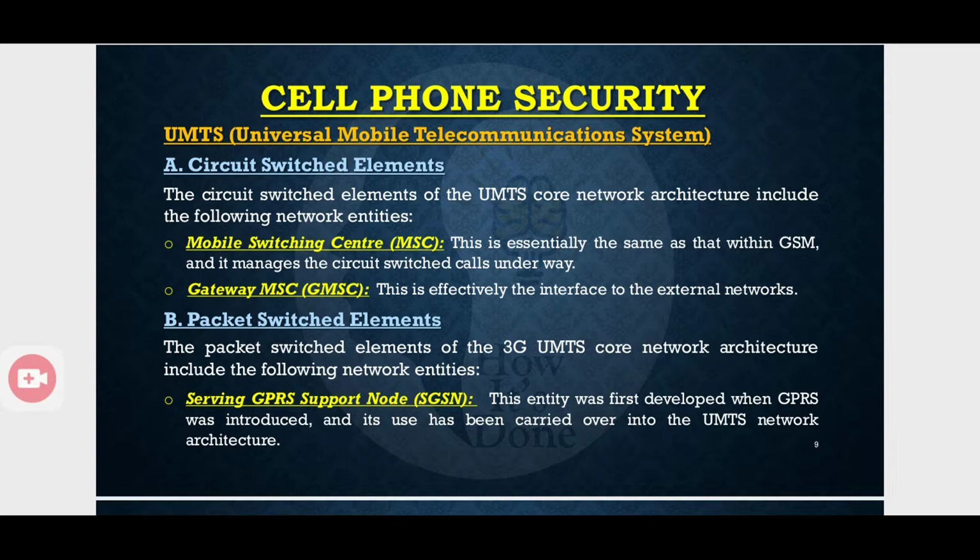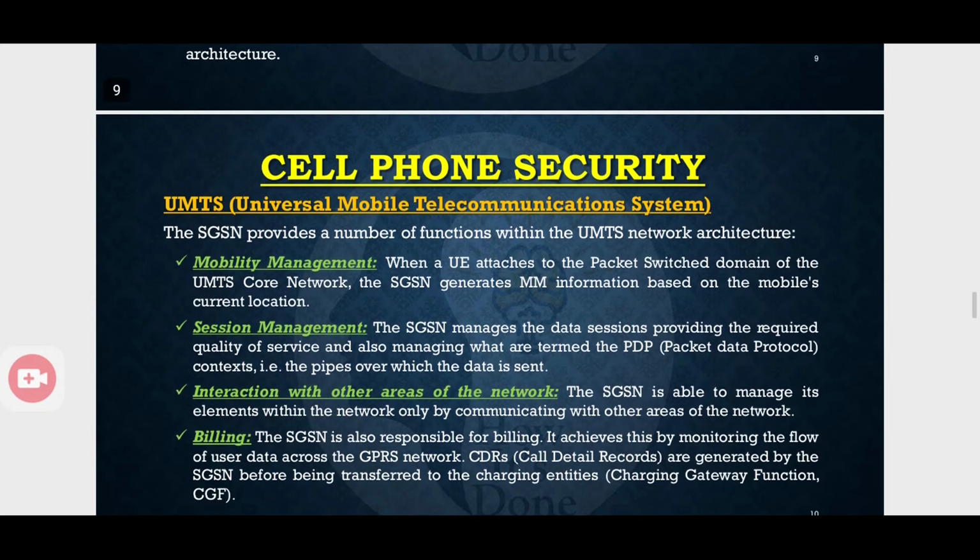ദെൻ പാക്കറ്റ് സ്വിച്ച്ഡ് എലമെൻറ്റ്സിൻ്റെ ഫസ്റ്റ് കമ്പോണൻറ്റ്, സബ് കമ്പോണൻറ്റ് എന്ന് പറയുന്നത് സെർവിങ് GPRS സപ്പോർട്ട്, അതായത് GPRS മെക്കാനിസത്തിന് സെർവ് ചെയ്യുന്ന അല്ലെങ്കിൽ അതിന് വേണ്ടിയിട്ടുള്ള ഒരു സപ്പോർട്ടിംഗ് നോഡ്, ദാറ്റ് ഇസ് SGSN. നെക്സ്റ്റ് വൺ,